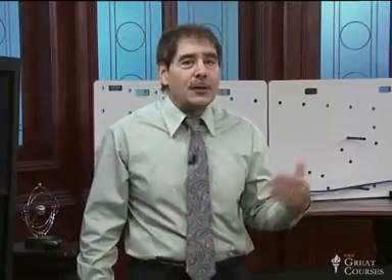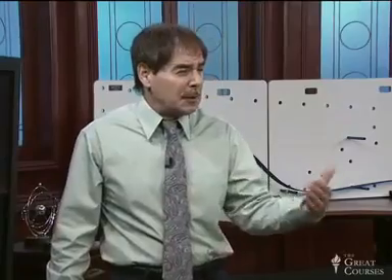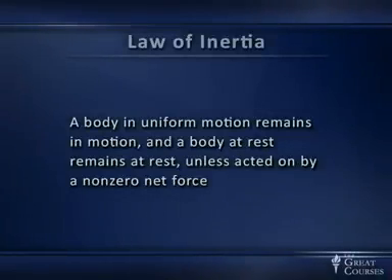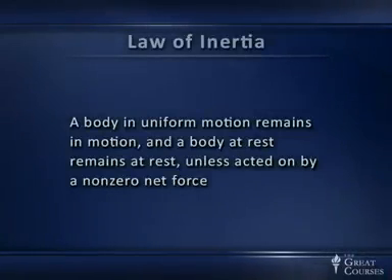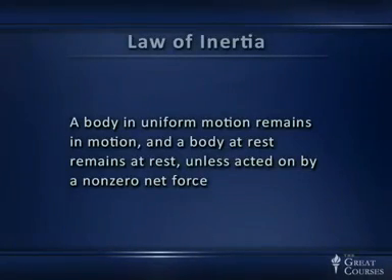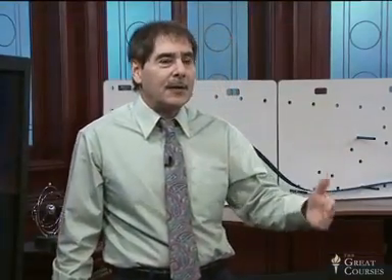And Galileo concluded from that the natural state for things to be in was a state of motion, uniform motion, moving at constant speed in a straight line. And he formulated the law of inertia, which is attributable to both really Galileo and Newton. It's really Newton's first law, but Galileo was the first to state it in some form. And it states something like this. A body that's in uniform motion remains in motion, and a body that's at rest, which is just a special state of uniform motion in which your velocity is zero, remains at rest unless they're acted on by a non-zero net force.